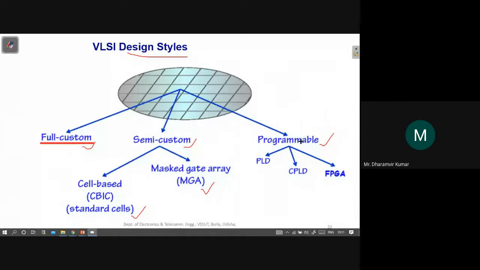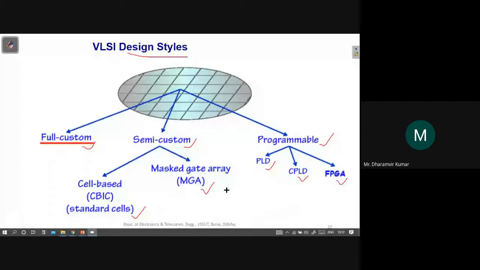Under the programmable method, we have PLD, CPLD, and FPGA based styles. We will look at these design styles one by one, and see what advantages or disadvantages they have,